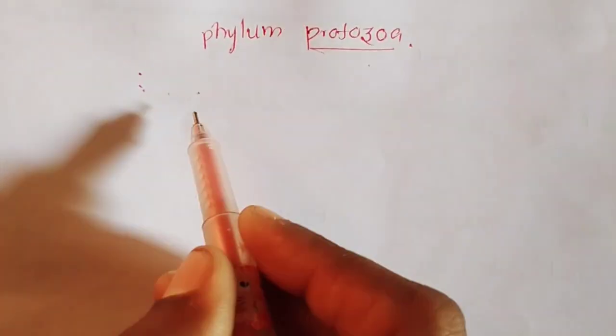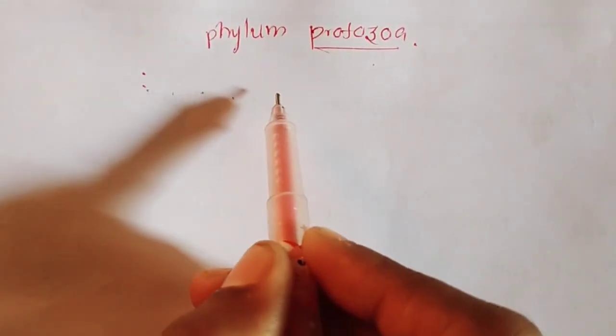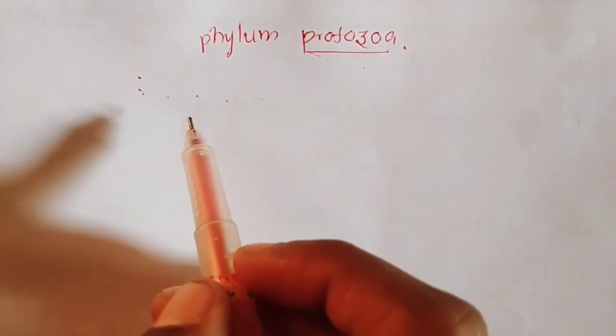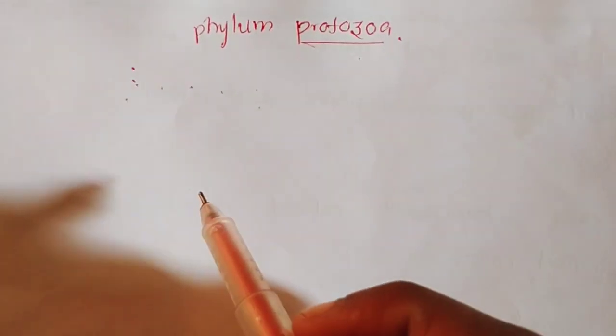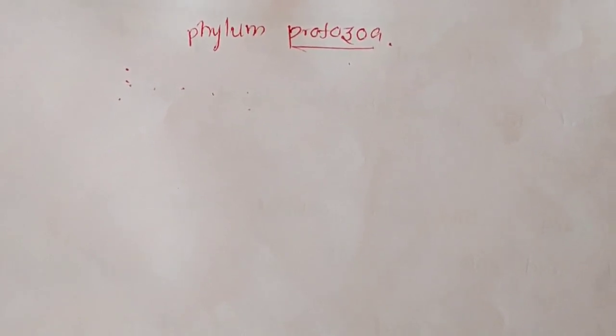If we take the body symmetry, they have both bilateral or radial symmetry, depending upon the organisms. These are organisms which are free living, and some of them are even parasitic too. Most of the organisms of this phylum are marine, and the locomotory organs in these organisms are flagella, cilia, and